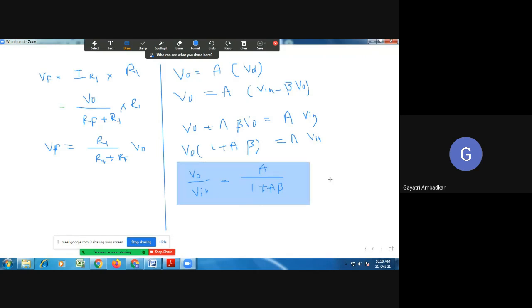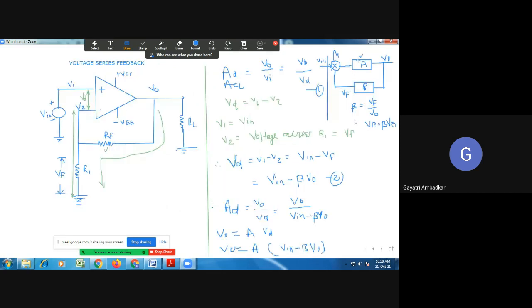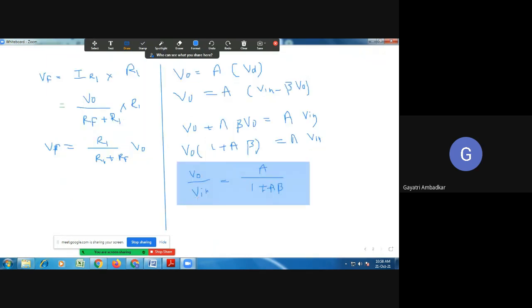Now this A is the open loop gain of the op-amp. From this block diagram, A indicates the gain without applying feedback, and for the op-amp we want to calculate the complete gain. So in this case, VO by V in is nothing but your differential gain AD,